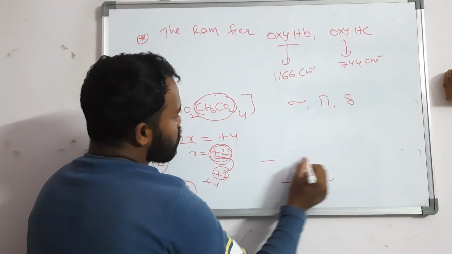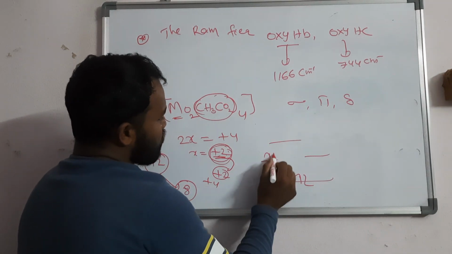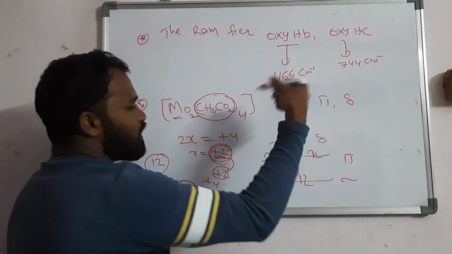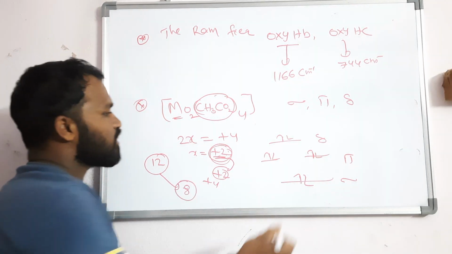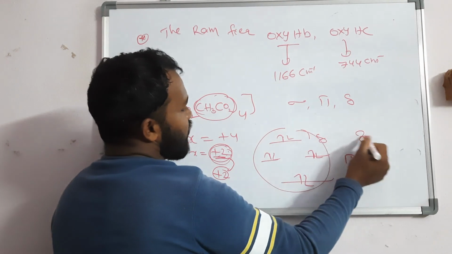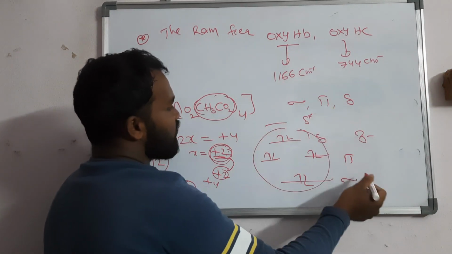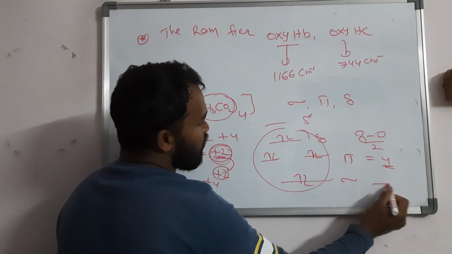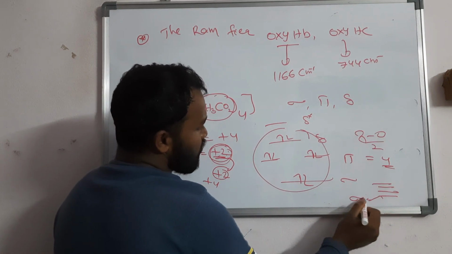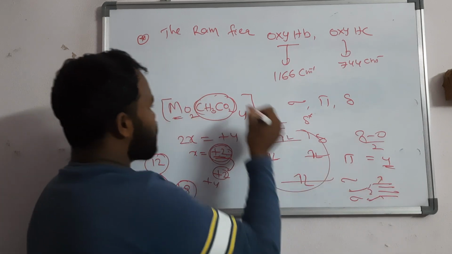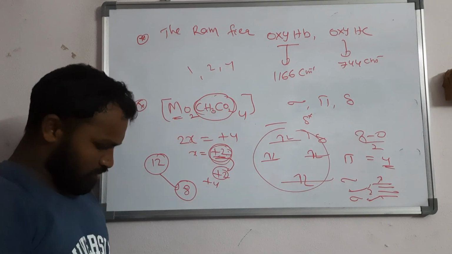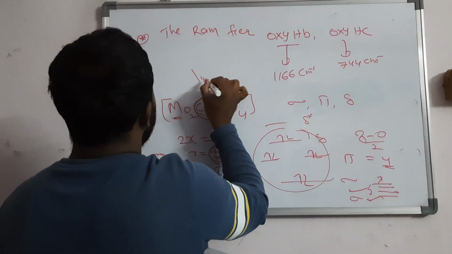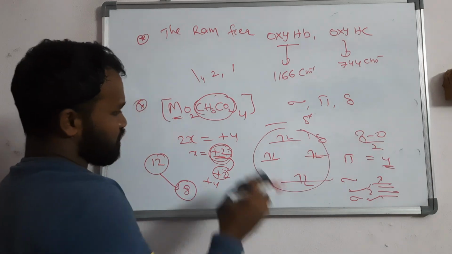So how will you write those 8 electrons? Sigma, pi and delta, then pi, delta star, sigma star, pi star. So here bonding is 8 minus, here you will get delta star something. So here 8 minus 0 by 2, that is equal to 4 bonds. 4 bonds means sigma bond is 1, 2 pi bonds and 1 delta bond. Answer is 1 to 4. Sorry, 1 to 1, right? Delta bond is also 1. 1 comma 2 comma delta bond is also 1.